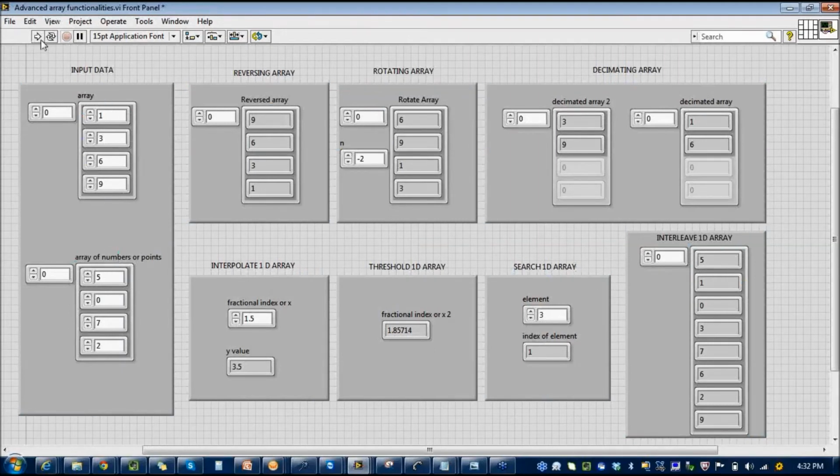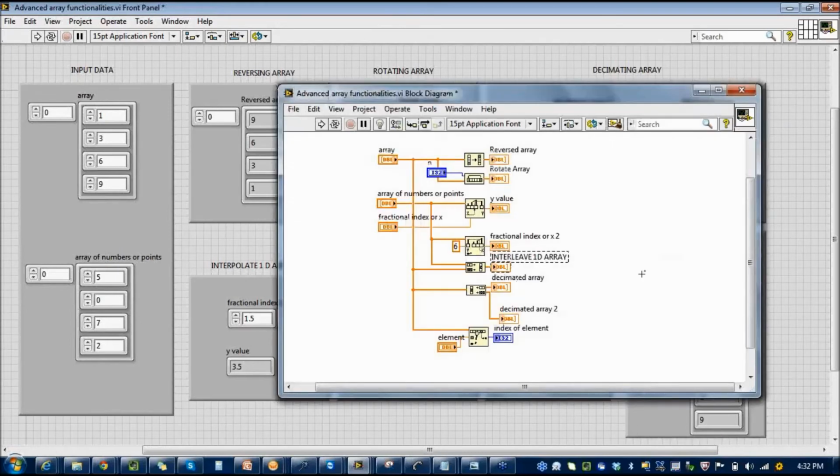So when I run this, you see these are my two arrays. I have given this array first and this array second. So it's taken the data point of this array, which is 5, and the data point of this array, which is 1. After that, again it goes back to the first array, gets the second element, and then gets the second element of the second array. So this way I'm interleaving two different arrays. Okay, now let me just show you the same thing in LabVIEW on the slide.